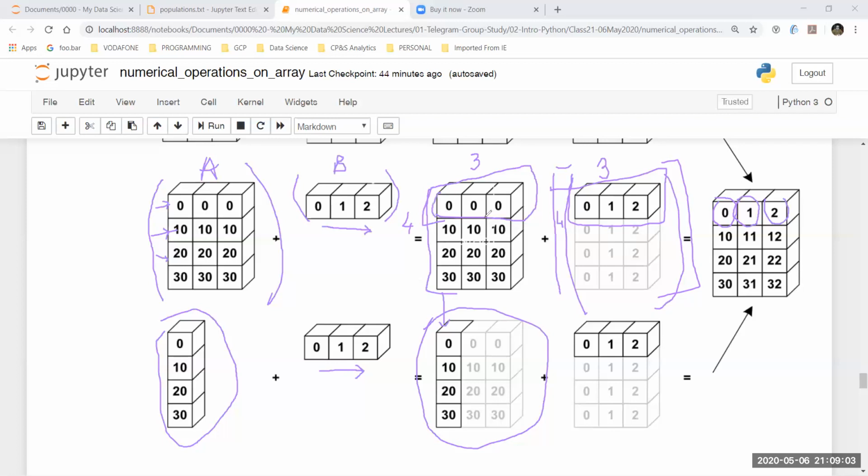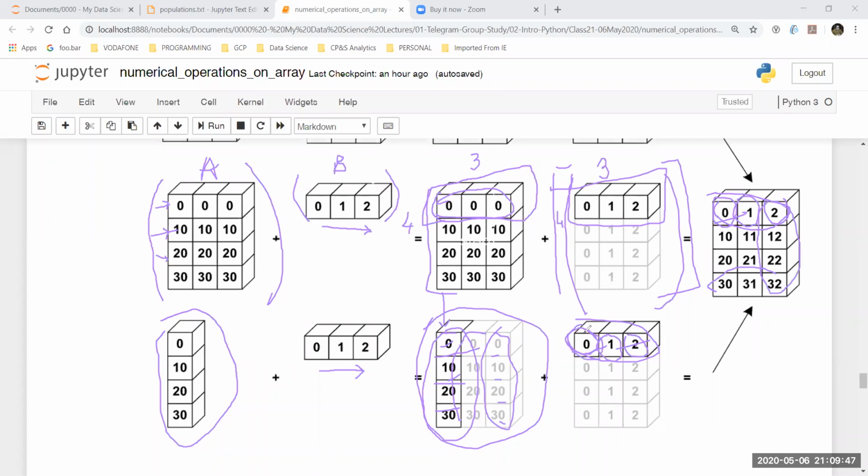It is adding 0 1 2 with 0 0 0, and that is going to produce a row like this. Then what it is doing for this column which is over here, it is taking the column and then it is taking the row, and then it is doing a sum. So 0 plus 0 is 0, right? And in this way it is going to add each and every one of the elements, right? So here the element which will be considered will be only this, and then when it comes to this array, the element will be this. When it comes to this part of the array, the element which will be considered is going to be 2. So you add 2 with these 4 items, you are going to get this output, right?